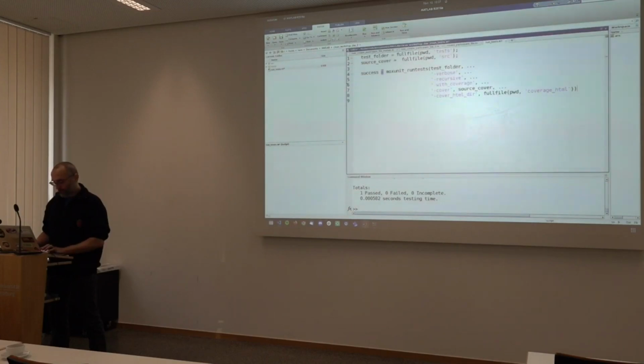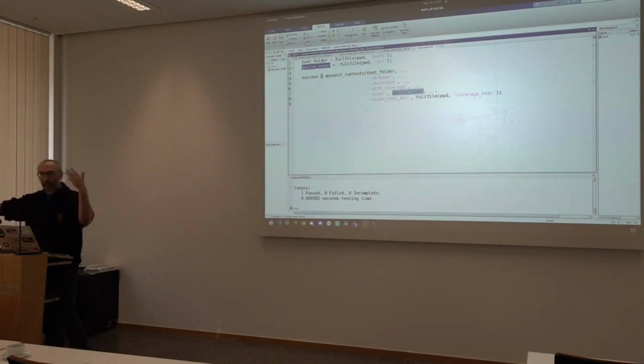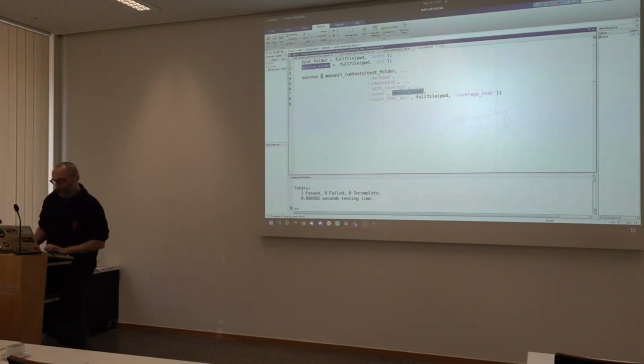So we're reusing the MUnit run test function that you've seen before, except now we're passing it more arguments. First of all, we're telling it this is where the tests that we want to run live. So they live in the present working directory, in the test folder. This is the code that we want to cover, so where our actual analysis scripts and functions live. And we're using the verbose argument, and I think recursive, which we don't exactly need for now.